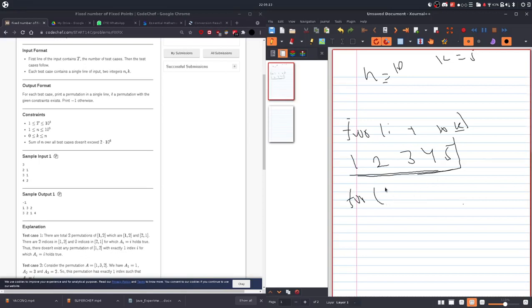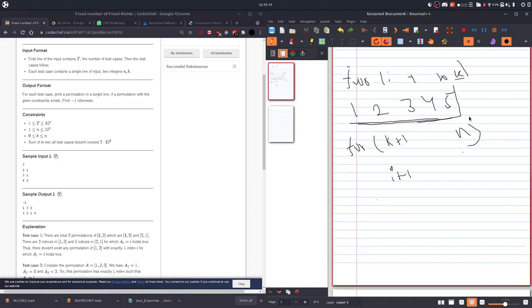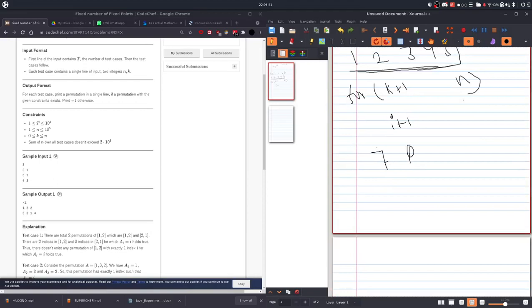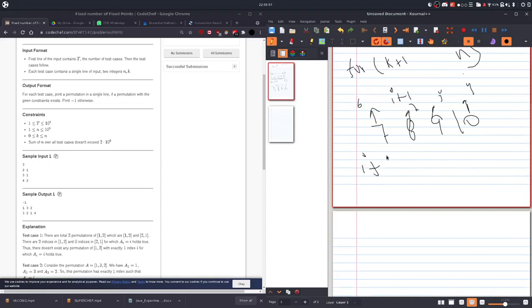And the easiest way we can do this is to run a loop which starts from 1 plus k to n, and we just print out i plus 1. So if it starts with k plus 1, which is 6, we're going to do 7, 8, 9, and then 10. So this is now exactly at 6th position, this is at 7th, this is at 8th, and this is at 9th. And now the place remaining is the value of k plus 1.